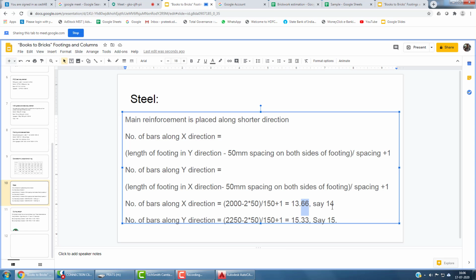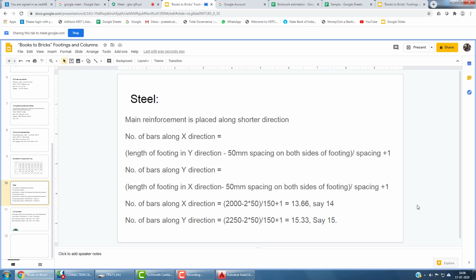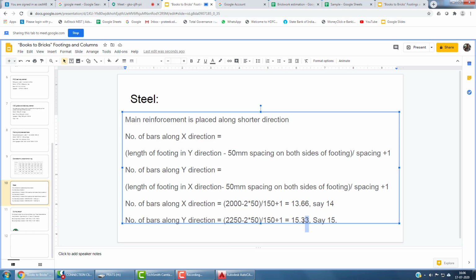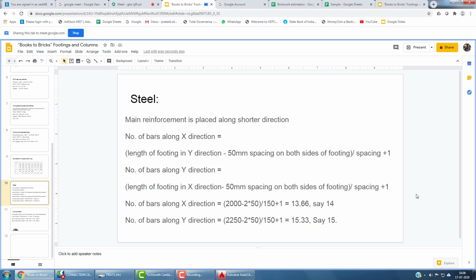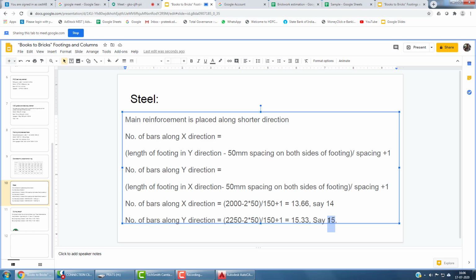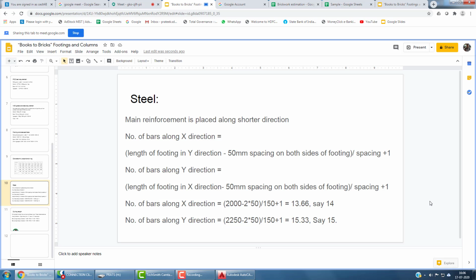Since it is less than 0.5, I have rounded it off to 15. Earlier, since it was greater than 0.5, I rounded it off to 14. Again, as an engineer, it is left to you. If you want, you can increase it to 16 also. But it is preferable that you reduce the amount of steel and labor consumed and make it 15. This 0.33 of adjustment you have to do in cover. Instead of providing 50, you can increase 25 mm on either side, and that will give you a cushion of under 50 mm. Is it clear guys? Or you want one more example? I think all of you need one more example. Yes? We'll go for one more example.